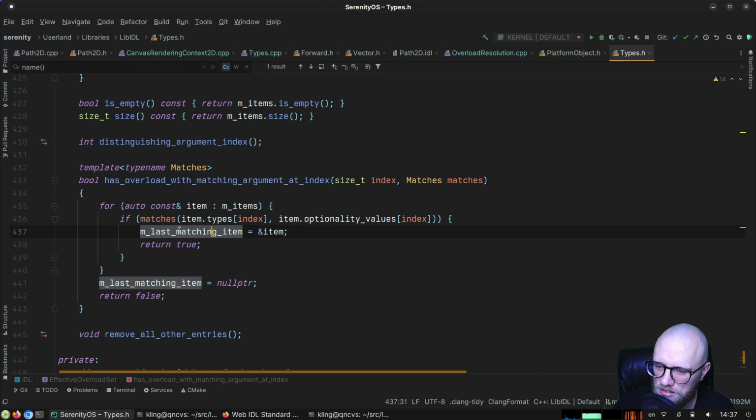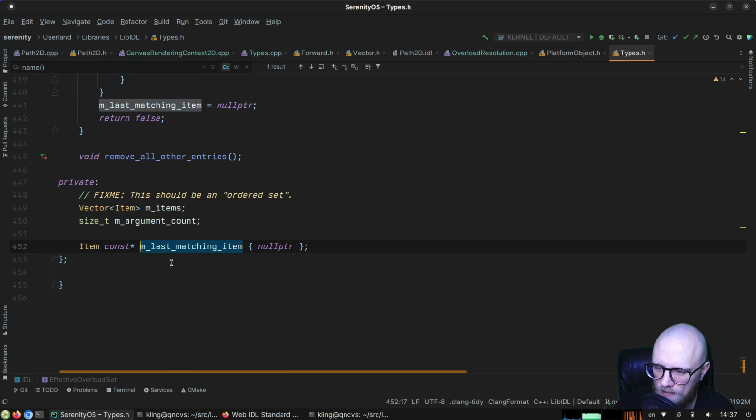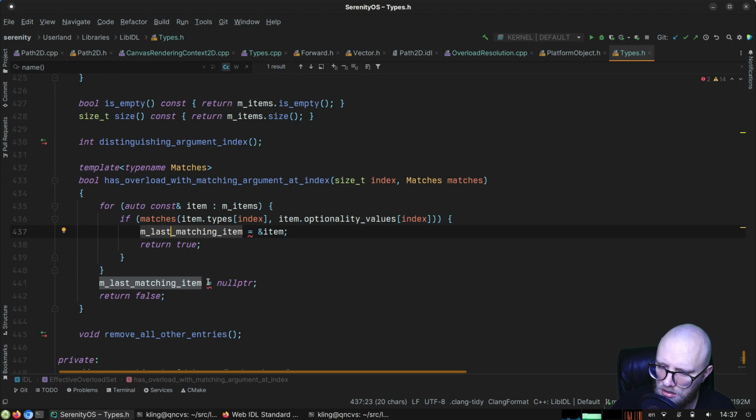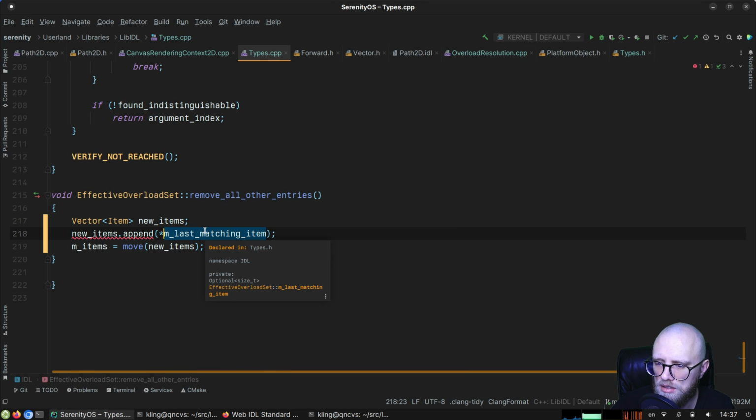Okay, so last matching item. Yeah, I think there are many different approaches here, right? But it seems to me like using a pointer into the vector is never a great idea, no matter what. It's always better to use an index. So let's switch that to using an index, just so we don't shoot ourselves in the foot. And here we just store index, right? And then here,